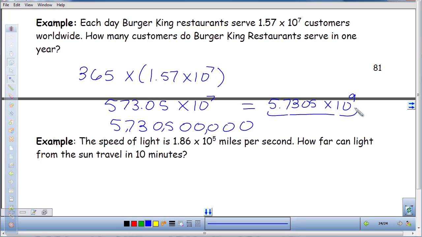Okay. All right. So the speed of light here is 1.86 times 10 to the 5 miles per second. That's just fast. How far can light from the sun travel in 10 minutes? Okay, so this is the rate per second. Very interesting. So 1.86 times 10 to the 5. Okay, that's miles per second. So that's in 1 second. I need 10 minutes,